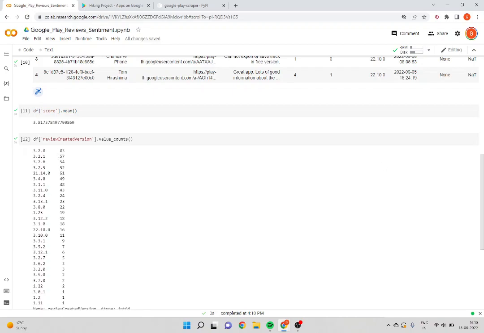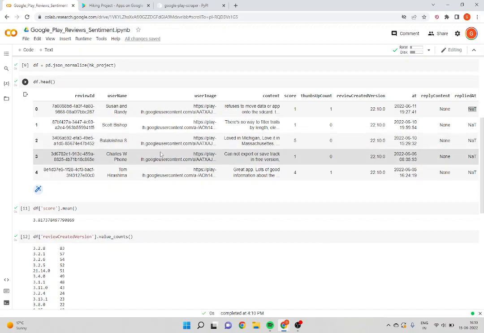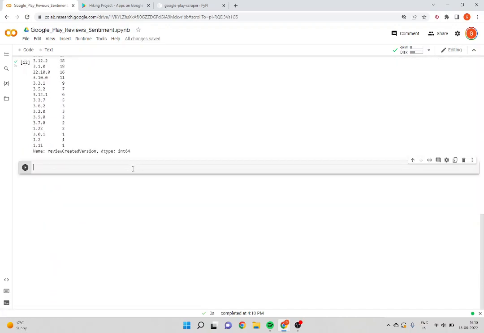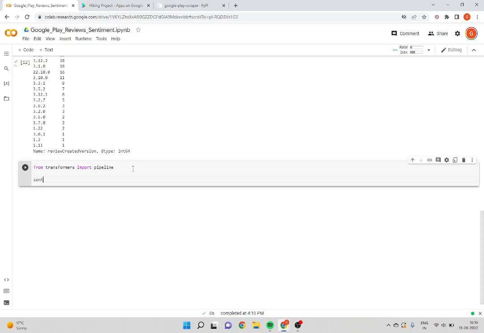So it looks good. Now what next? Next we want to run a pre-trained deep learning model on top of these comments so we can find if they're positive or negative. For that, I'm going to import my transformers. So from transformers, import pipeline, and I will explain where this is coming from. And I'm going to save this in sentiment analysis as a variable. Pipeline sentiment analysis, and inside there's model, and the model is